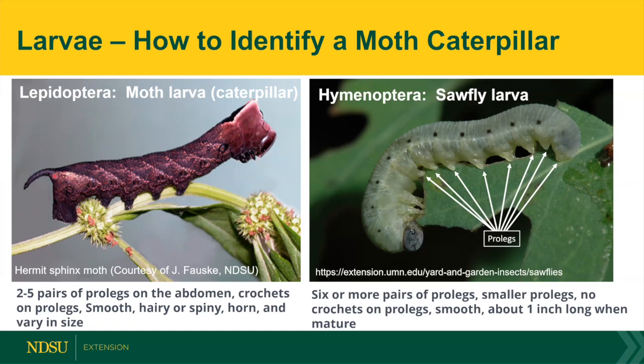And on the sphinx moths, they also have often a horn. And the body skin can be smooth, like in the picture here, hairy, or even spiny, and size can be very variable in the order. We have Microlepidoptera moths that are, when they're mature, only 2 to 3 millimeters long. So, and of course, this one is a very large one,